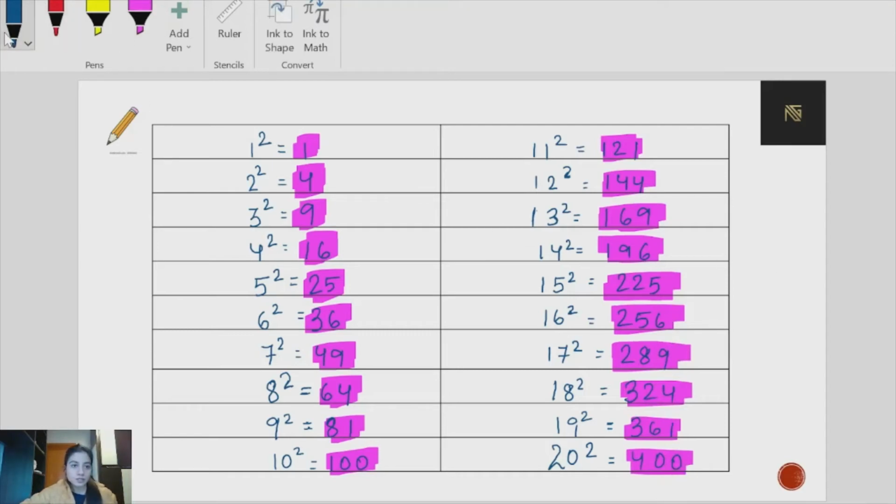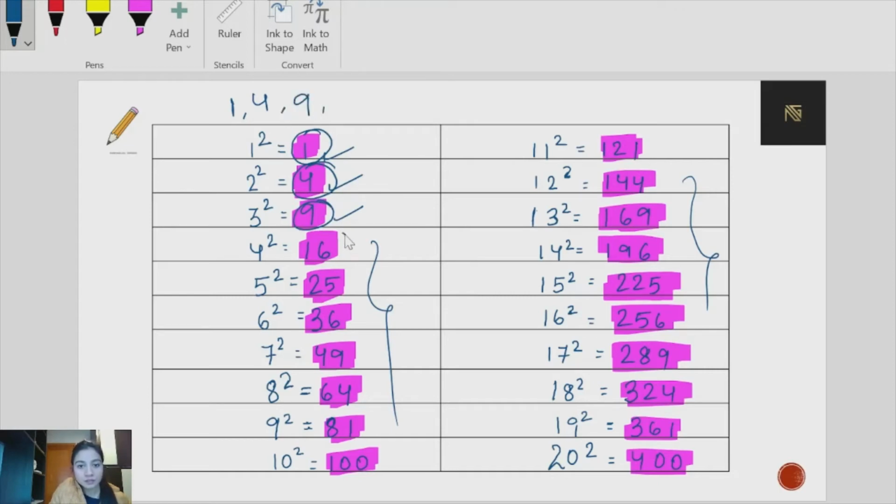Then you will see carefully the ones place digit of each and every perfect square number. You will see they are following a certain pattern. Just see the unit digit of the first one, the second one, then the third one, then all the highlighted numbers. The first number's unit digit is 1. Let me write 1 here. Now the second one's unit digit is 4. Then 9. Then 6.